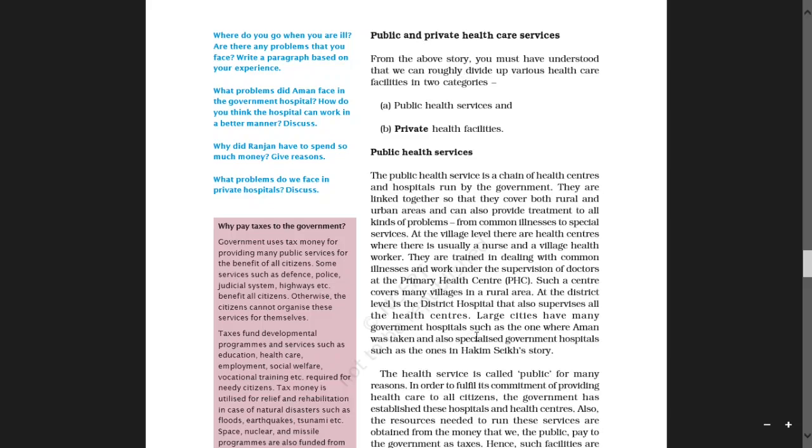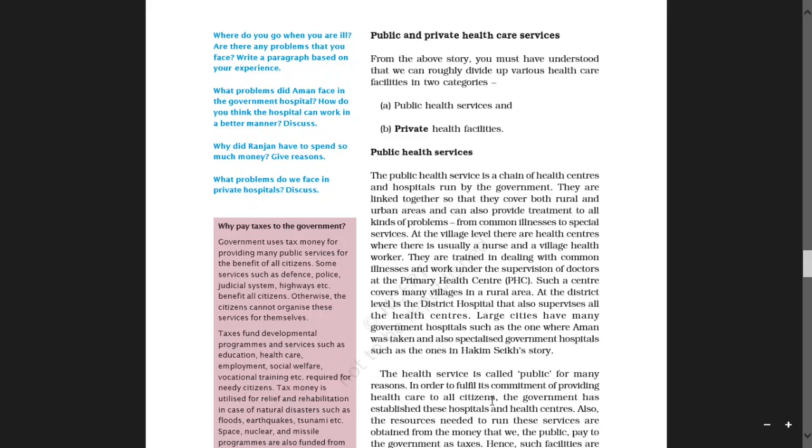The health service is called public for many reasons. Why is the health service called public? It has many reasons, boys. In order to fulfill its commitment of providing health care to all citizens,